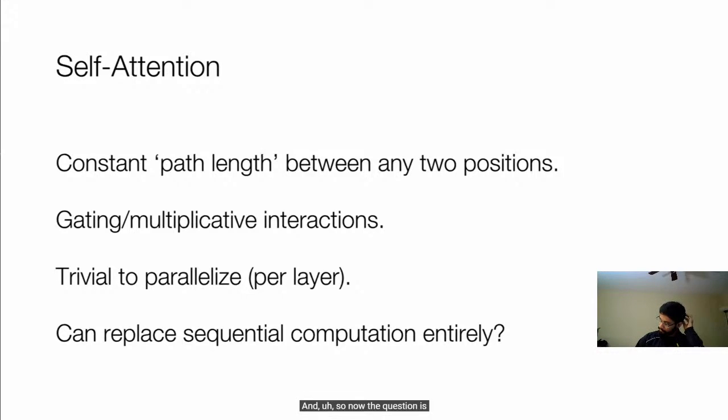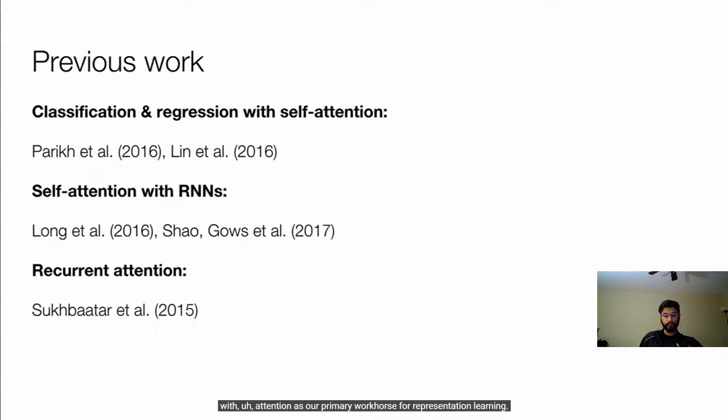And so now the question is, convolutional sequence models have been very successful in generative tasks for text. Can we actually achieve the same with attention as our primary workhorse for representation learning? So just to add some context,